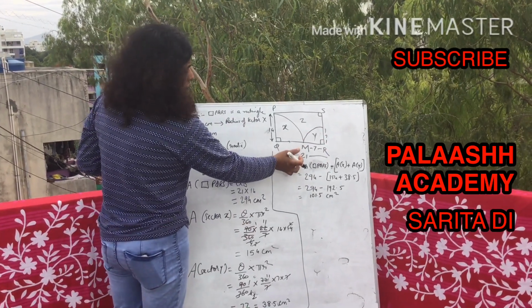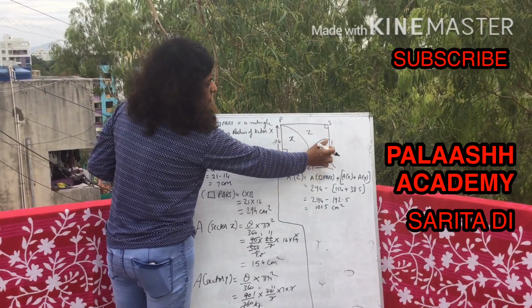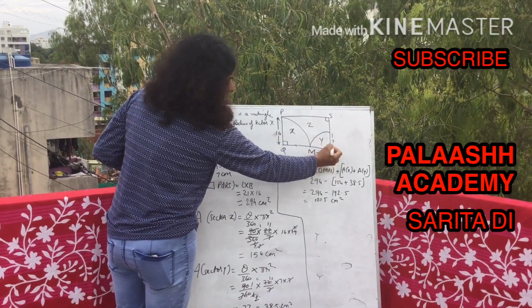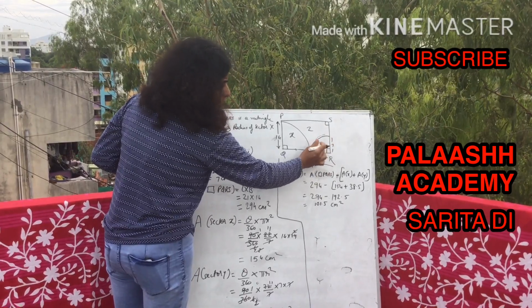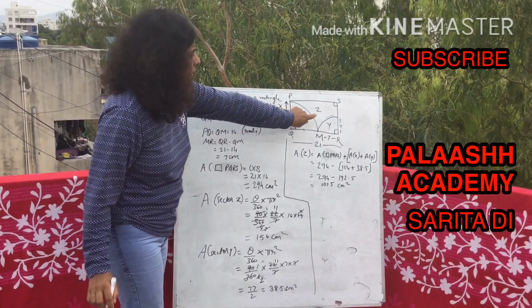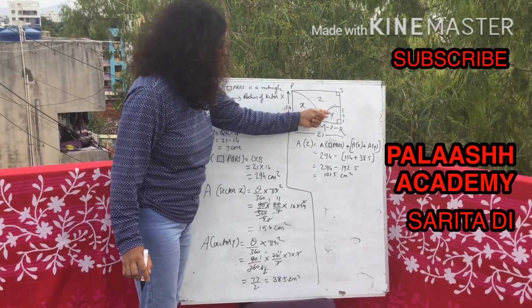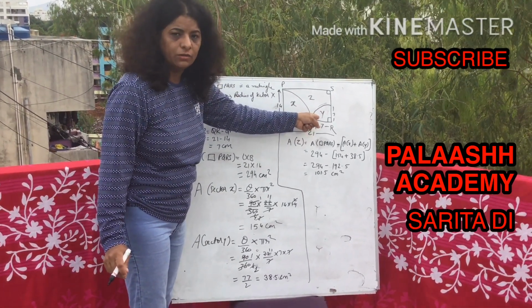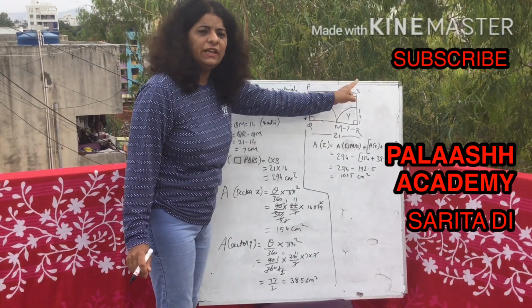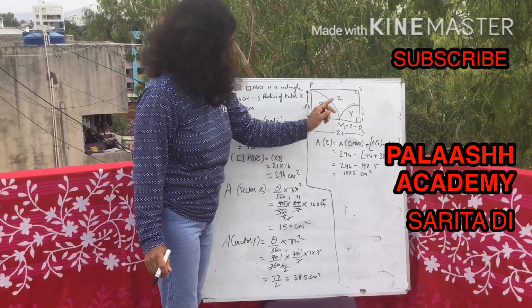So you will get the radius for this sector. How will you find it out? 21 minus 14 will give you 7. So MR will be the radius for this particular sector Y. Now if you want to find the area of Z, you can easily find X and Y with the formula of a sector. But then how do we find Z? In that case we will need the area of the rectangle.